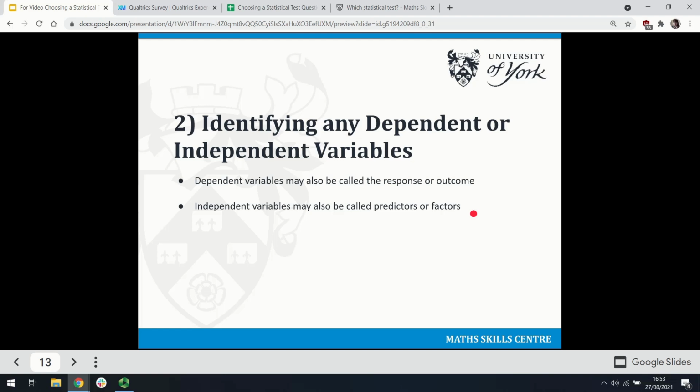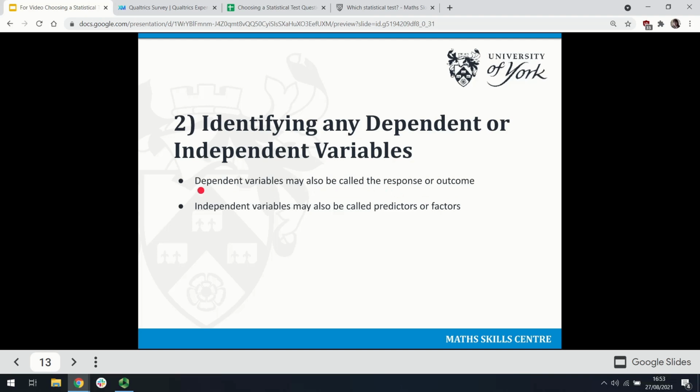So we've talked about hypotheses. Let's talk about identifying variables. We want to identify if there are any dependent or independent variables in these hypotheses, in the scenarios we've got. Stats is a little bit annoying because we use different terminology in different disciplines. So I'm going to give you alternative terminology